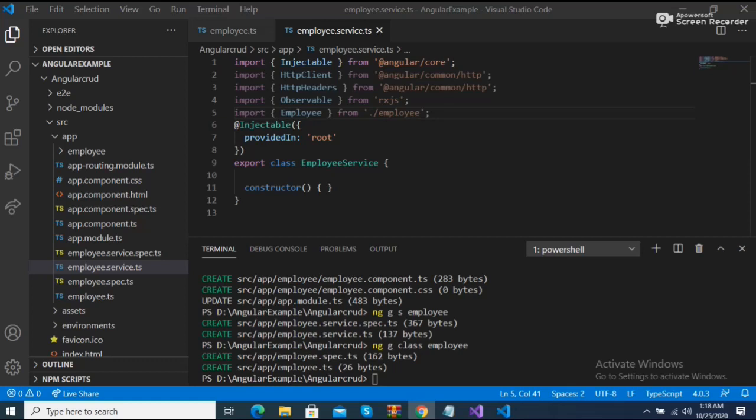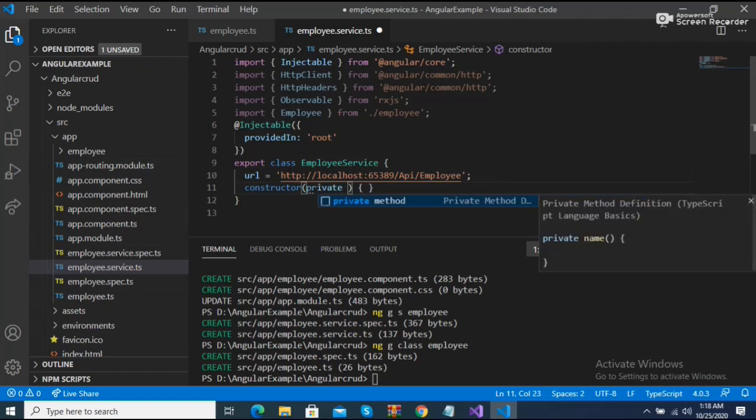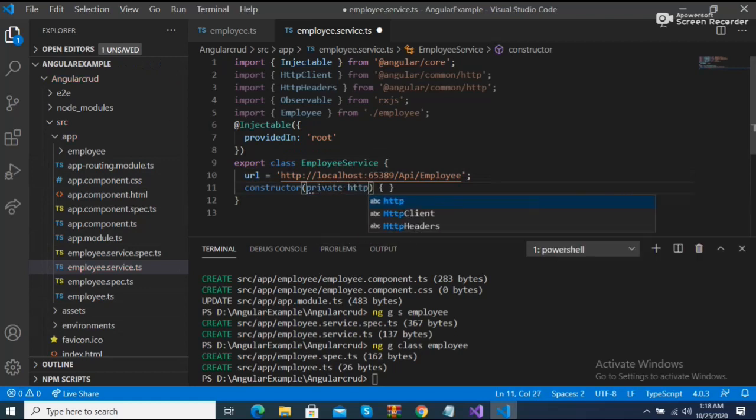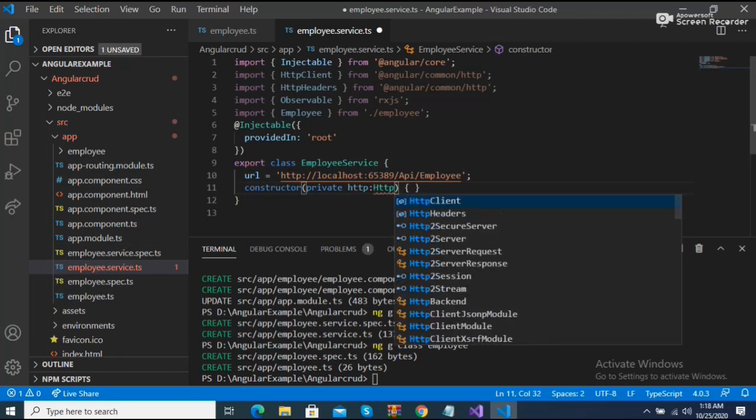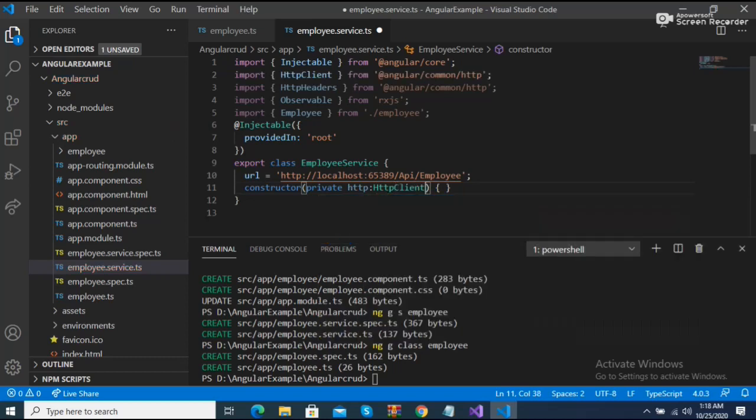So what should I do? I just need to put the URL of my employee API here. In the constructor, we need to add a single line of code: private http: HttpClient.